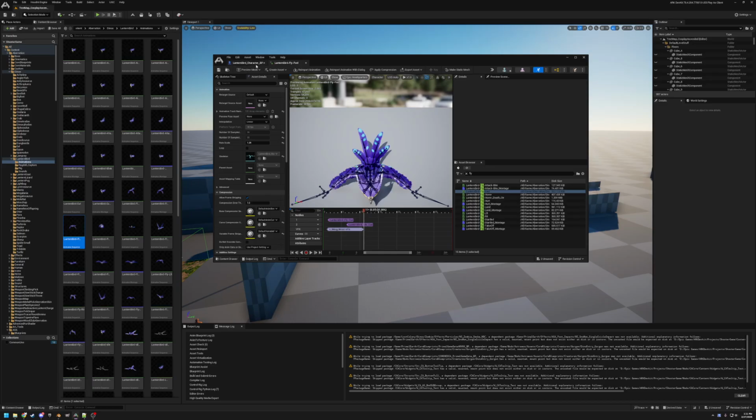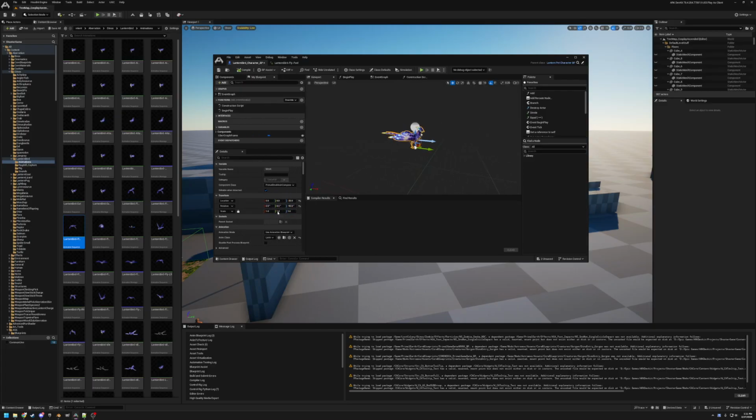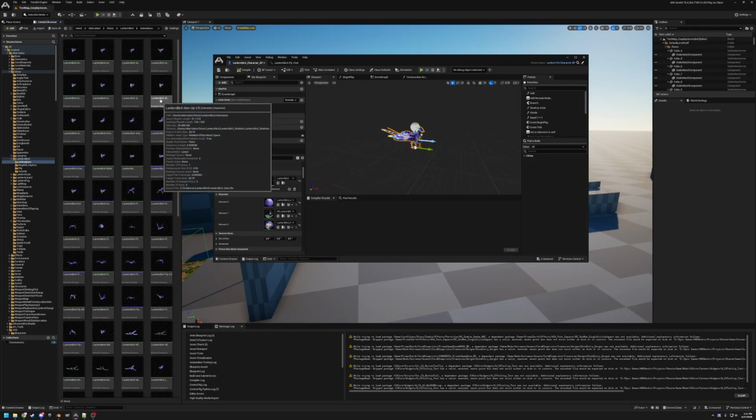So basically the first thing that you want to do is find, I normally find it via the character BP, find the skeletal mesh, and you export that skeletal mesh to a folder, and then you look into animations, and you want to try and find an idle, a flying forward, and if you can find a dive, get that,